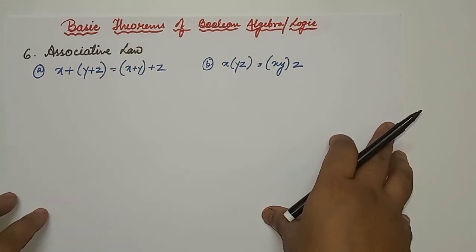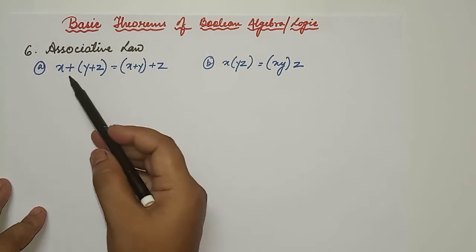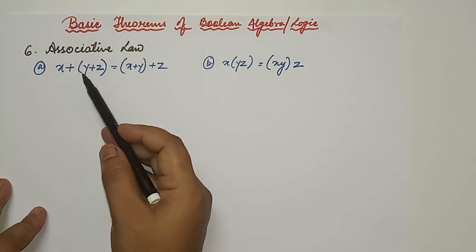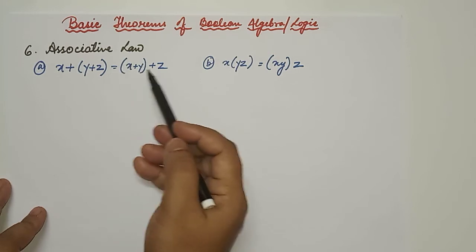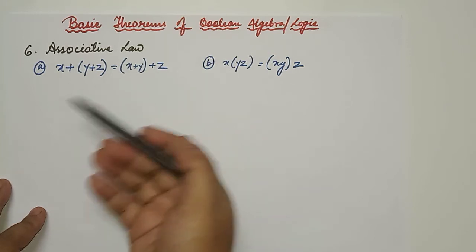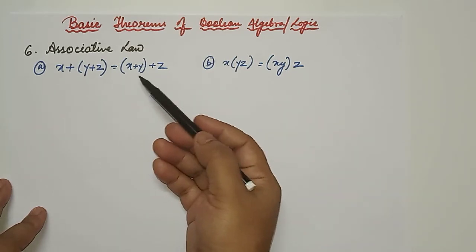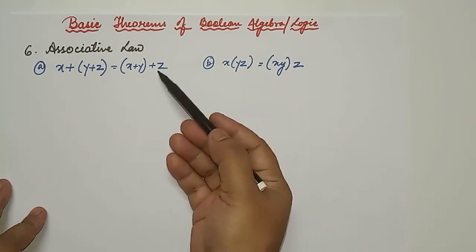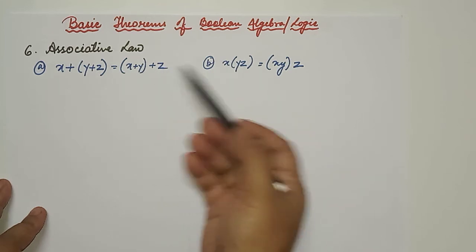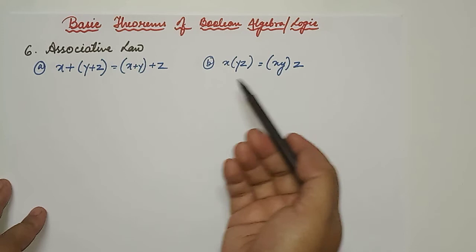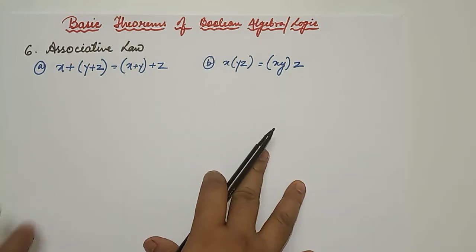Next one is associative law. This is also very easy. Associative law states what? X plus bracket y plus z is equals to x plus y whole bracket plus z. Same, it's very simple. Okay, the same thing is applied over here. Now you can see just we have applied the principle of the duality to get the another Boolean expression. All plus signs are replaced with the dot sign. Okay, so same thing over here, and it is very easy. There's nothing to explain.